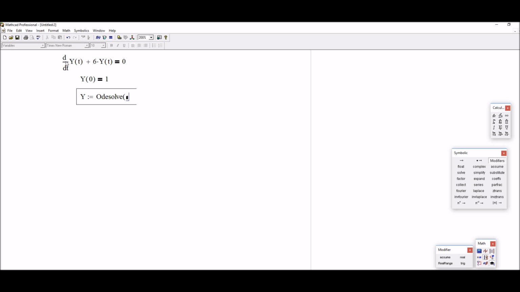So ODE solve will have two arguments. The first one is t, which is the independent variable, and the second one is the range of the independent variable, with 0 being the first value. So let's say the range is 50. So the solution is